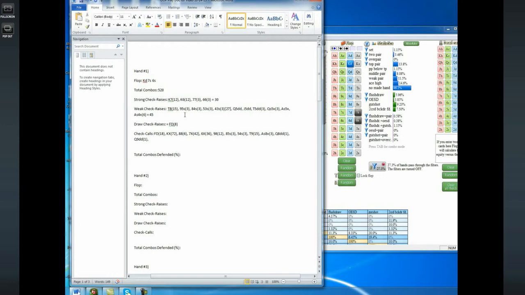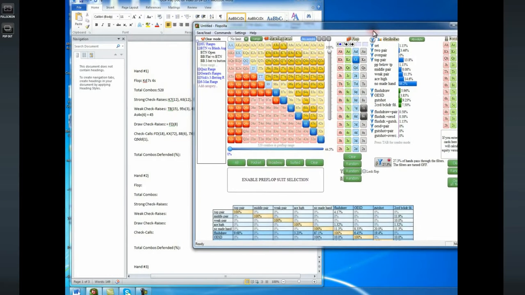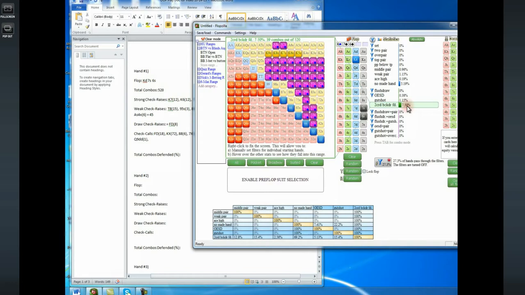For the last 6 combos, I'd like them to be some runner-runner diamond type of stuff. So we can just look at backdoor flush in Flopzilla. I love the way you can do this now. You used to not be able to just highlight all the backdoor flushes. All right, so I think it's probably okay to check raise. We already have the fives. We already have like the jack 5 and 10-5 of diamonds. We might be able to check raise like the